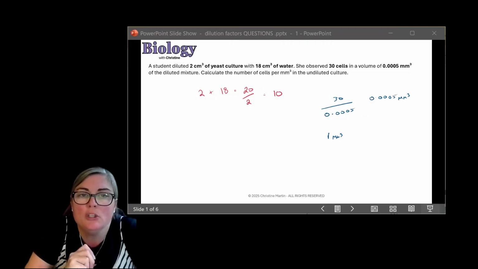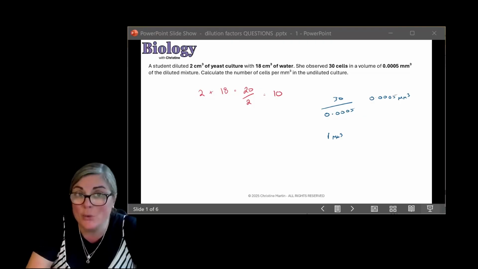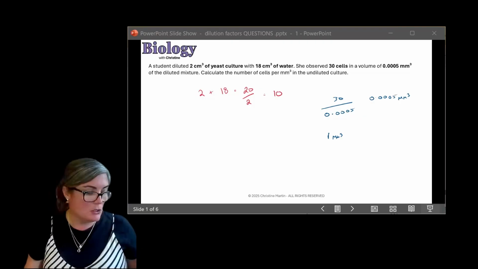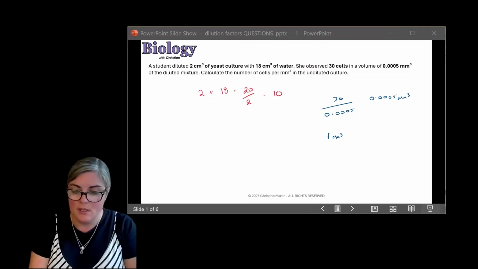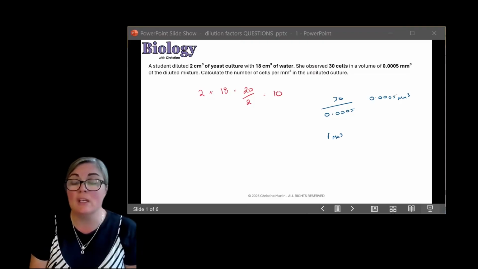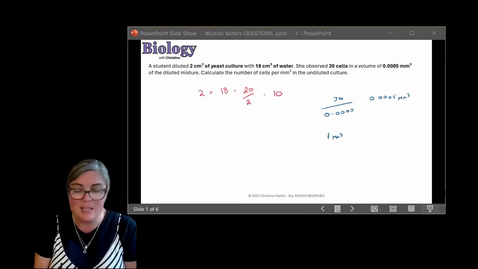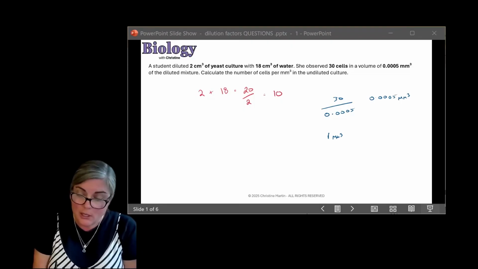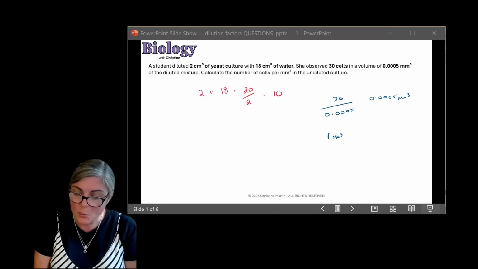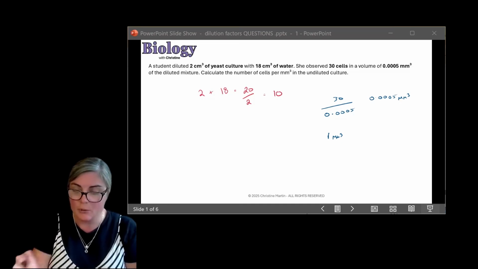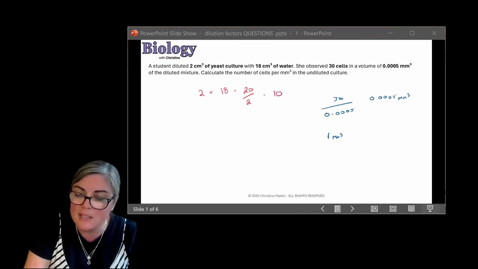So in 1 millimeter cubed, we are going to find by using our calculator. Let's just double check, get my calculator. Now, if you don't have a scientific calculator, I would advise you to get used to it by buying it and practicing using the same calculator every time, because in that exam, you don't want any shocks. So we're going to take our 30. We're going to divide that by 0.0005, double checking,